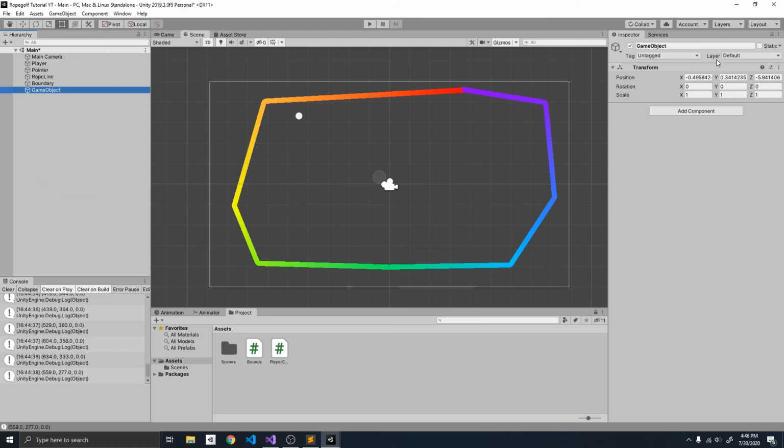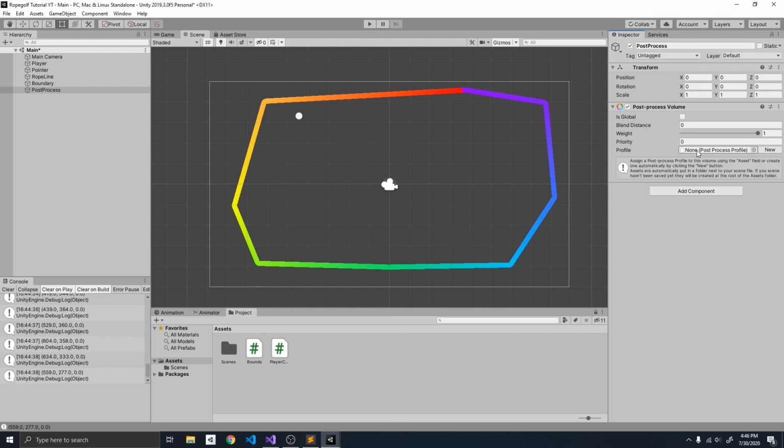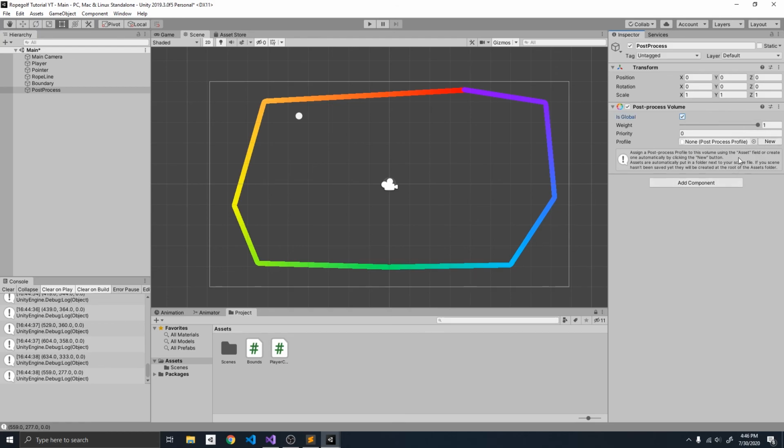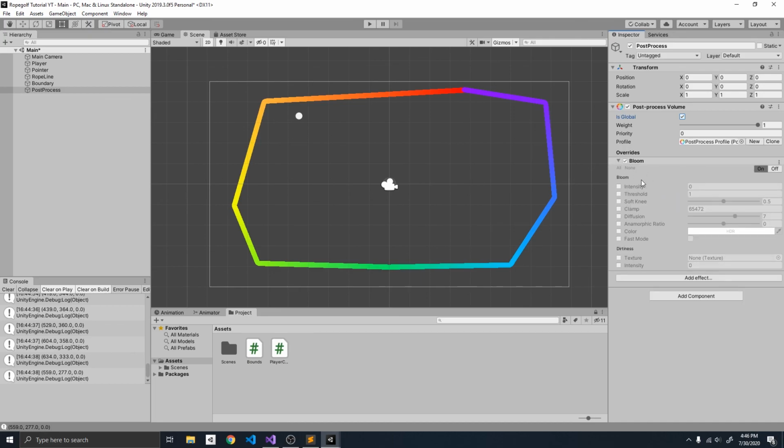And then create an empty game object called post-process, and add a post-process volume. Click is global, and for the profiles, make a new profile. And as you can see, there's no effect set on this volume, so let's add the bloom effect. This is the one that actually gets the bright parts of the render and makes them brighter. So the intensity,